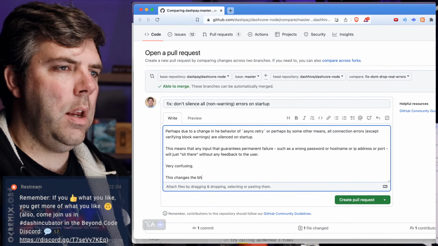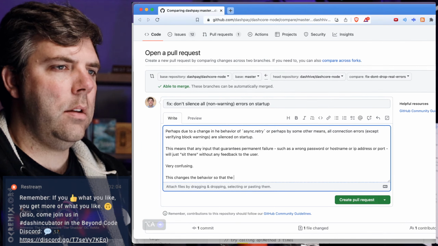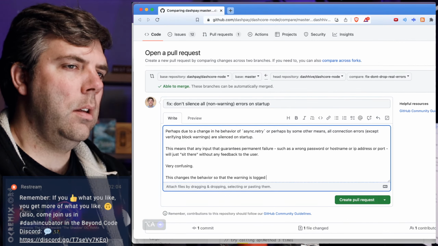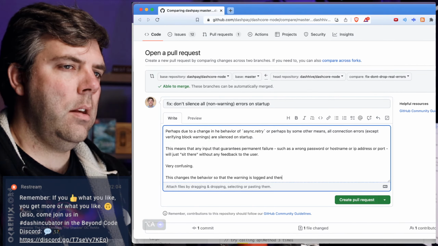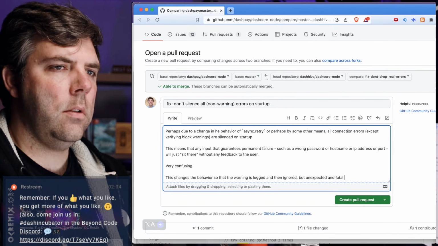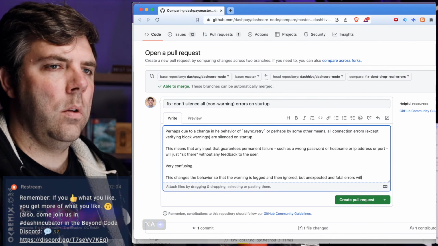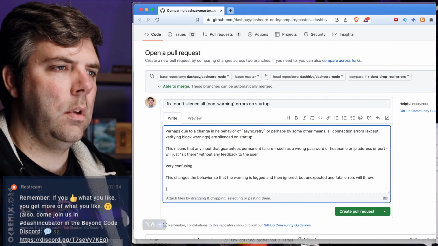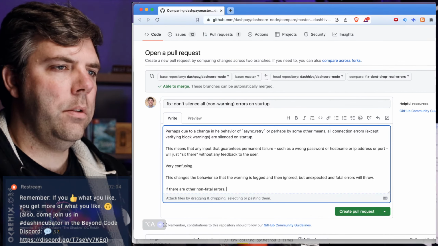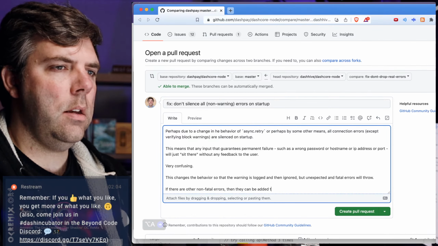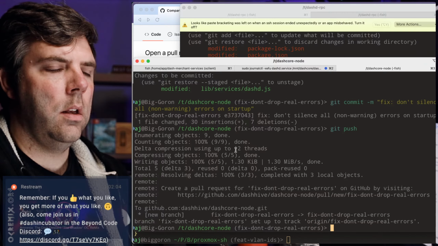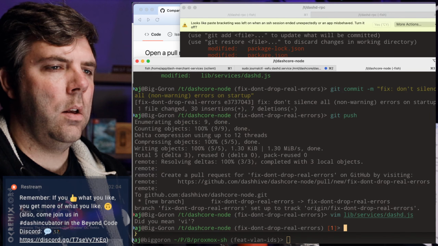This changes the behavior so that the warning is logged and then ignored, but unexpected and fatal errors will throw. If there are other non-fatal errors, then they can be added to the